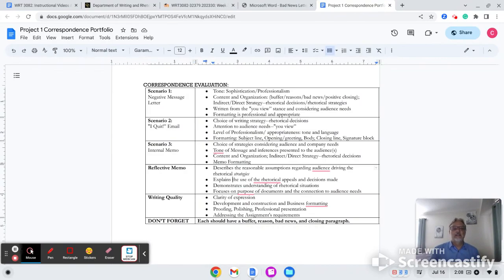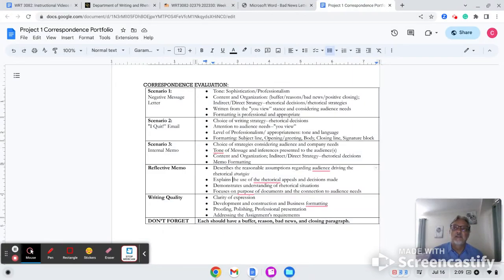All right. This is not a screencast. So page one is your first scenario, page two, second scenario, page three, your third scenario, page four, I just want you to tell me about some of the assumptions that you made, perhaps in each one of these scenarios. What are some things that guided you in writing, perhaps a difference? How did you look at scenario one versus scenario three, scenario two versus scenario one, et cetera? What are some key things that you learned through this process, and also through the feedback, reading your fellow peers' work?